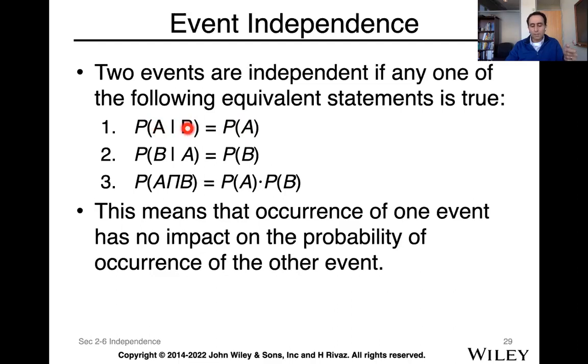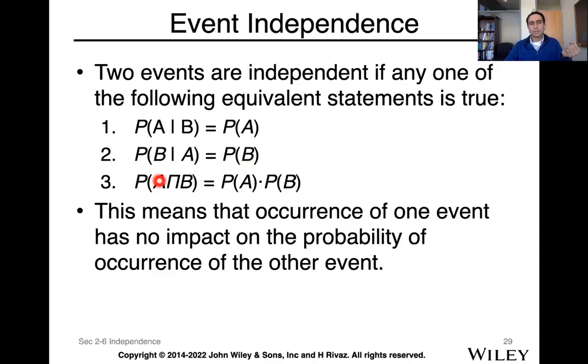Knowing that the first flip was head will not change the chance of the second flip being head. But probabilities that are not independent, for example, removing marbles from the sack: if we know that the first marble was blue, the chance of the second marble changes. Or similarly, knowing A doesn't affect B, or the third one, which I said is most of the time incorrect,